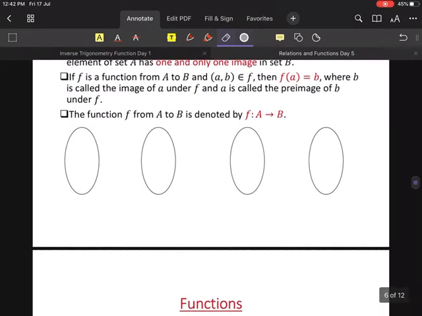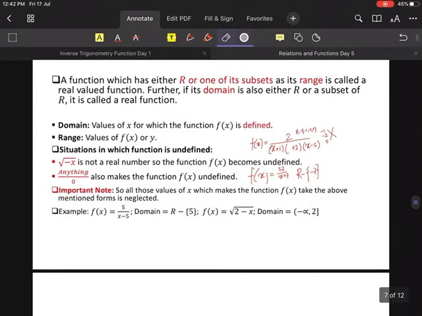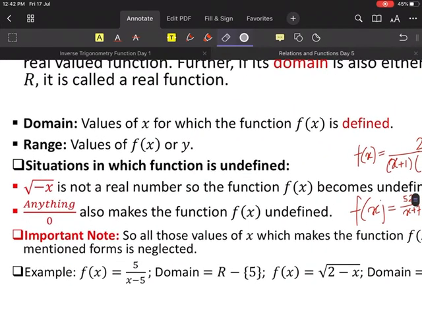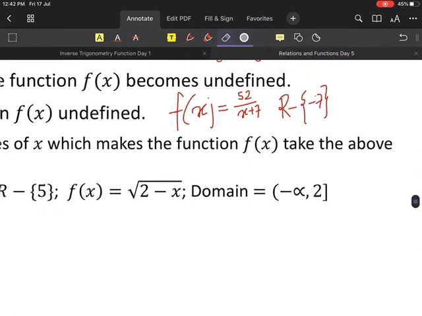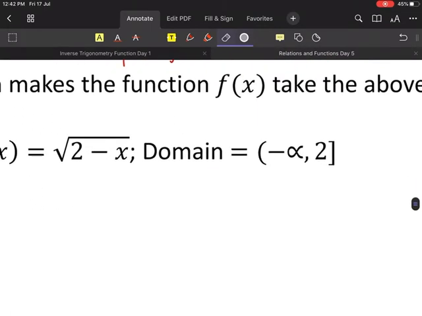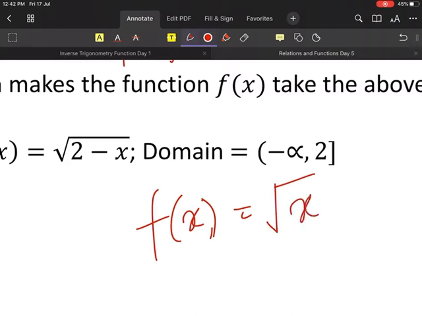Acha, yesterday we discussed that there are two ways the function becomes undefined, right? One was anything divided by 0, which we have just discussed. The next one which I am going to discuss is root over x. Tell me the domain of this one. This is a bit difficult, but let's see. What is the domain of root x? Give it a try.